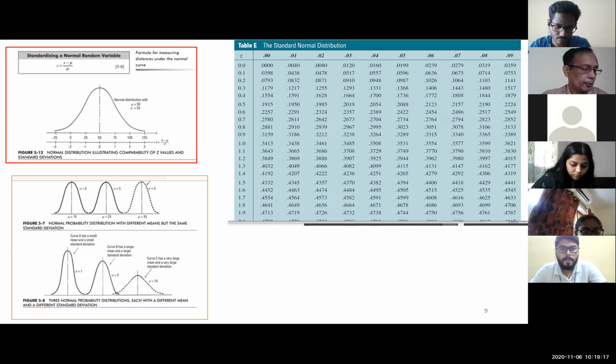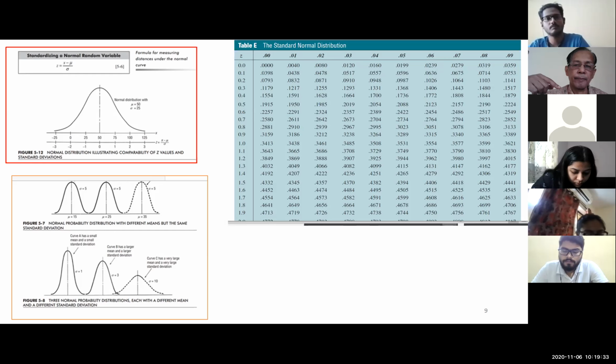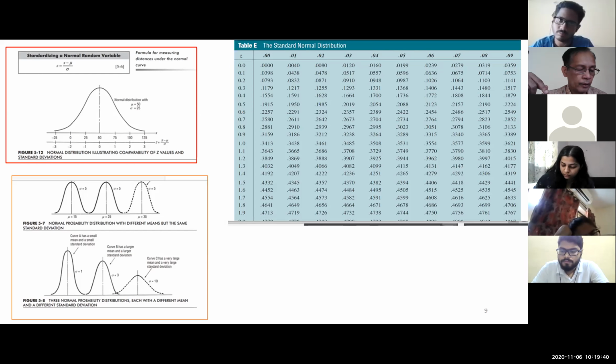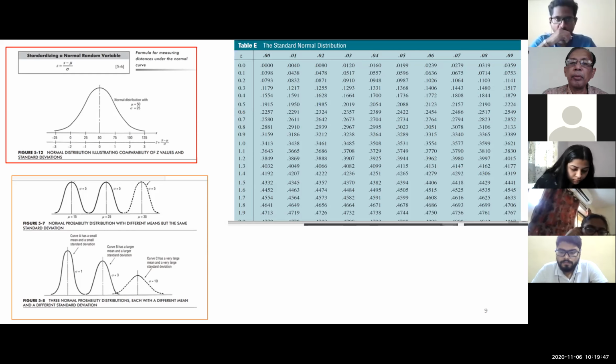Now please see, all of you check, the first column is called the Z value column. Are you getting it? All of you refer yourself. First column is called Z value column. First row, only the first row, is called the mean difference column. That is also part of the Z value. First column, first row, part of the Z value. Now the rest inside the table are called probabilities. All those other figures are probabilities.